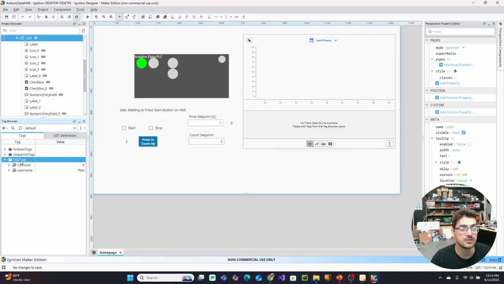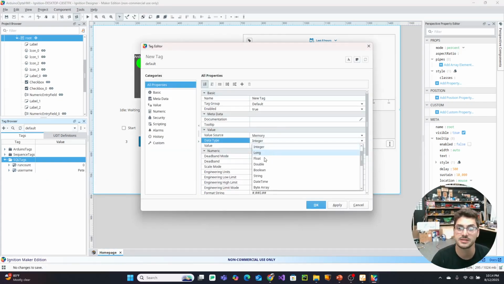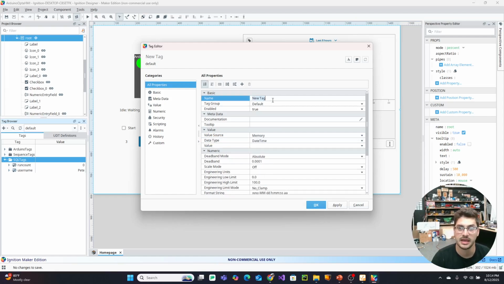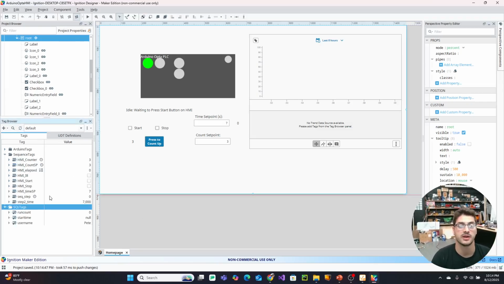And then the last new tags that we have to create are start time and end time. So I'm going to do new standard tag, memory tag. This format is going to be date time, and we'll call this start time. And actually, getting a little bit ahead of ourselves here, but I'm only going to make start time, and we're not going to need a tag for end time because we're going to use the trigger event that finishes the sequence as the time to go do end time. All right, so there's just me adding the tags that round out what we're going to write to SQL